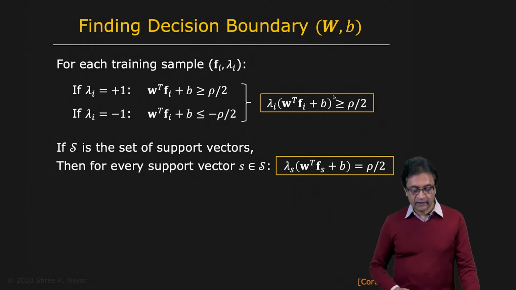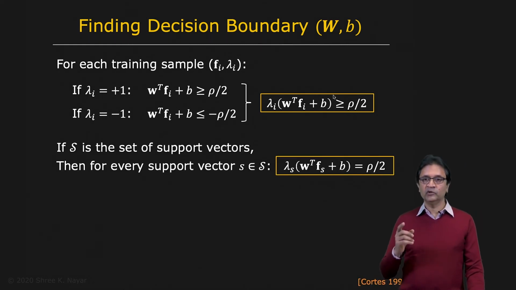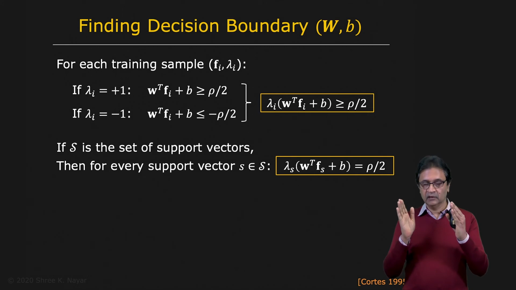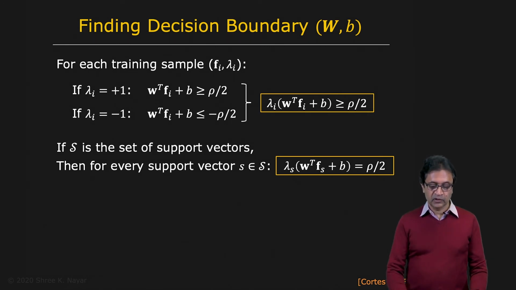Okay? And now, if you happen to be a support vector, remember what a support vector is. It's a vector that is actually touching the safe zone. It lies on the boundary of the safe zone. So if you happen to be a support vector, well, let's say S is the set of support vectors we're